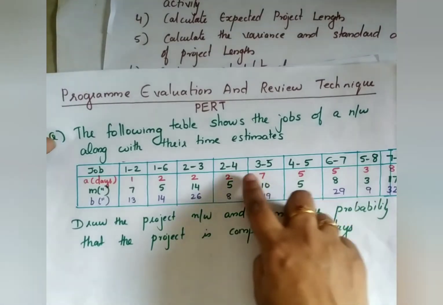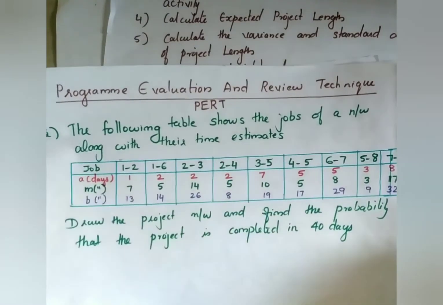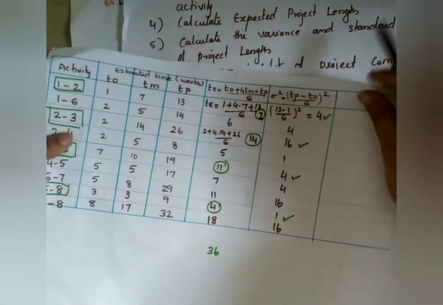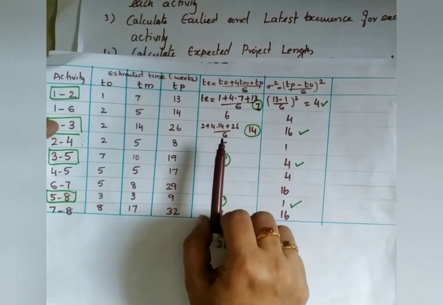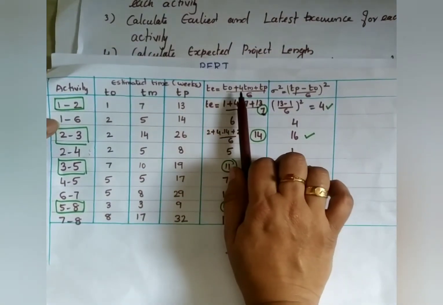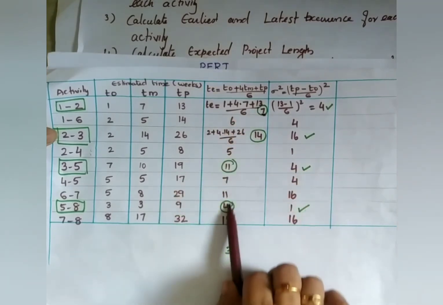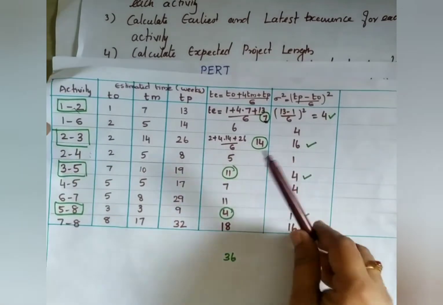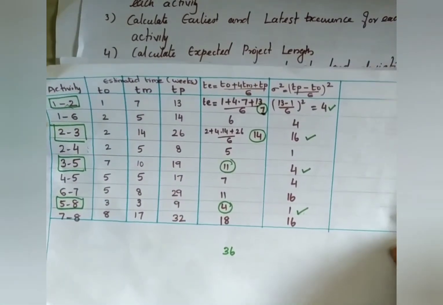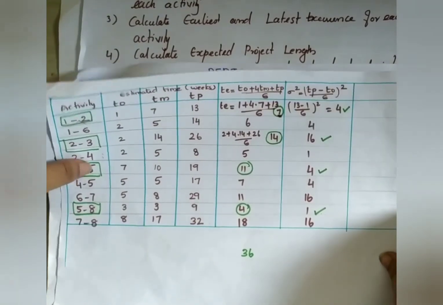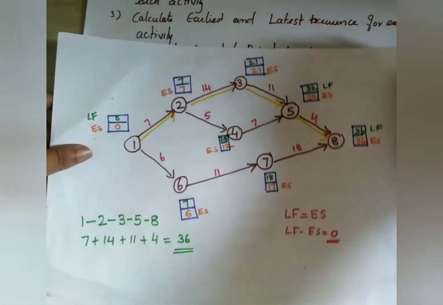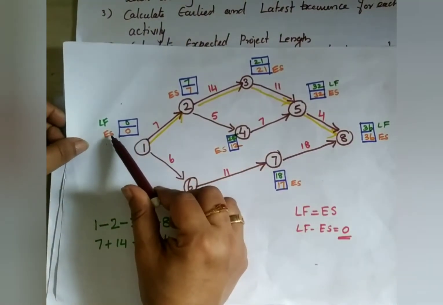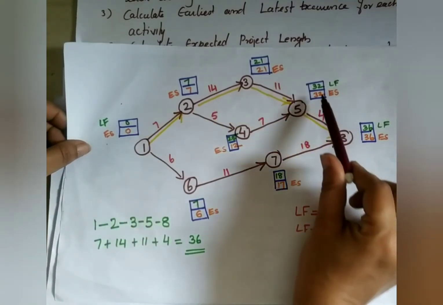Okay, so they have already given the 3 timings. From these 3 times, using your formula, you get TE, the expected time, using (To plus 4Tm plus Tp) divided by 6. From this you get all the values, and you also find the variance, sigma square, using the formula. Then next you draw the network diagram. After drawing it, you find the LF and ES. After getting LF and EF, if they are equal, that is your critical